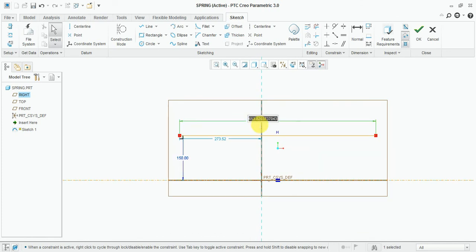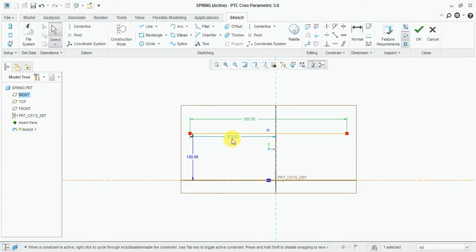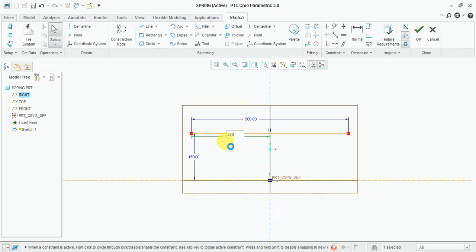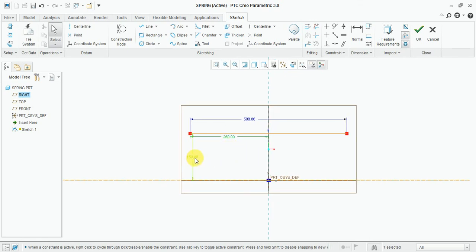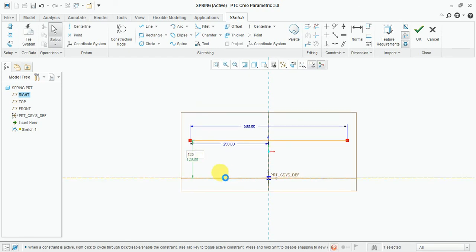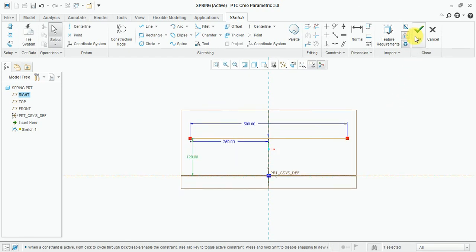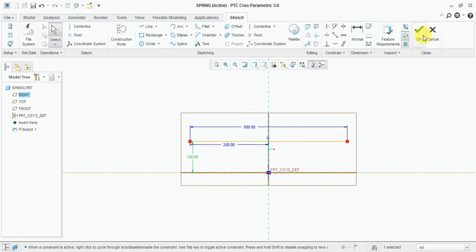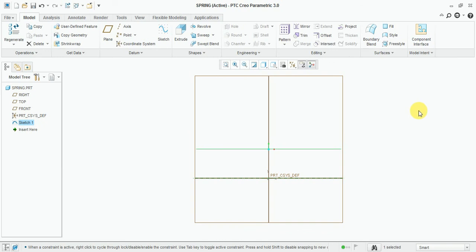This one is 500. Half of 500, so let's change it to 120. Now finish this sketch.